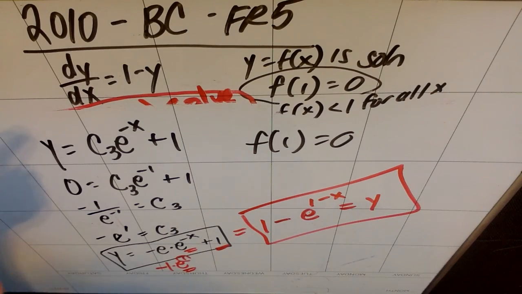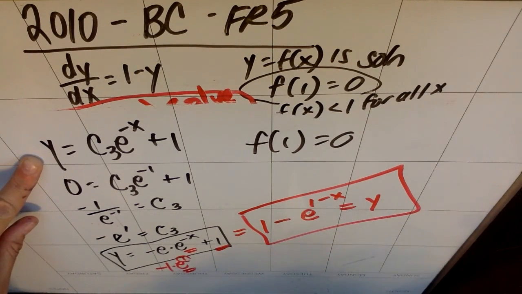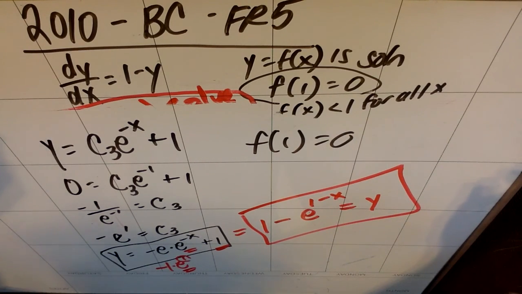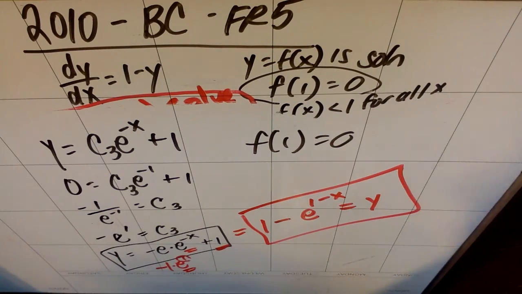So if you had solved for y up to here, but then had forgotten to plug in to find C, you would have gotten 1 point off, so you would have gotten 4 out of 5. And if you had not solved for y, but you plugged in to find C, then you would have gotten 4 out of 5 because you forgot to solve for y. So that's sort of the